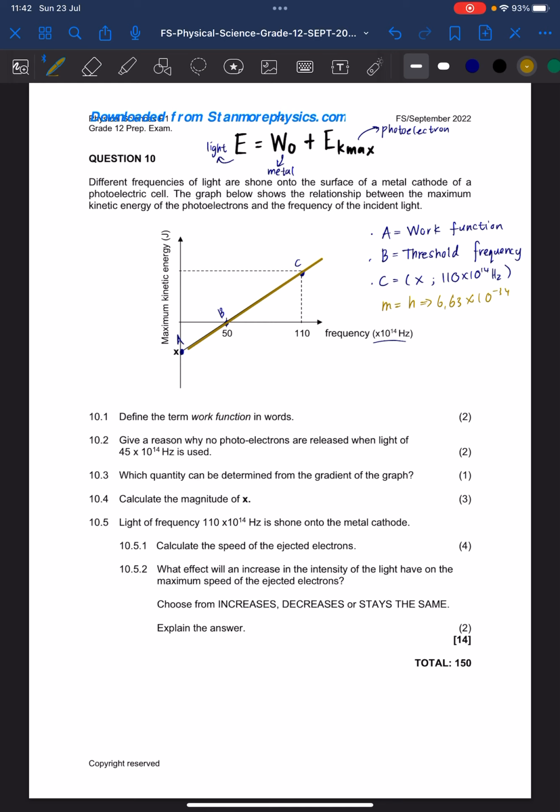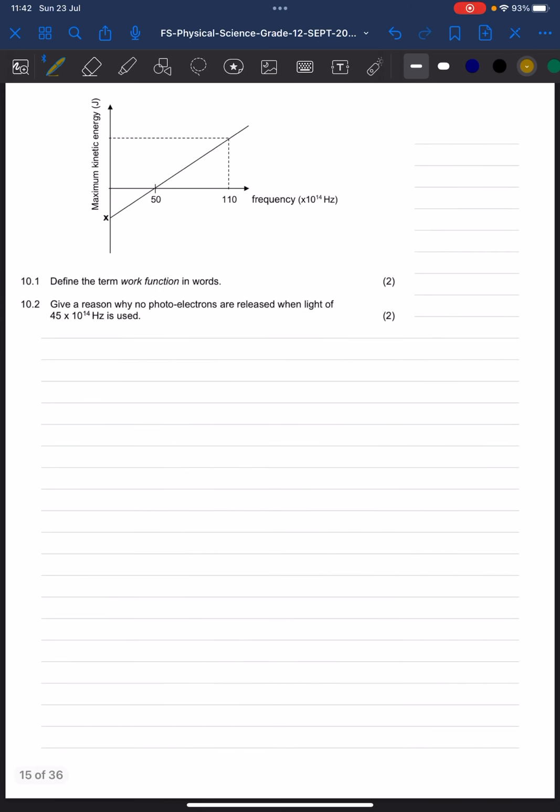The first question is a definition type question, and it says to define the term work function in words. We know that these definition type questions, especially in the photoelectric effect, are normally like reflections of one another. They're quite similar. And that's the same case here. If we want to define work function, it has to do with the energy required. So our answer would be as follows. 10.1. We would say it is the minimum